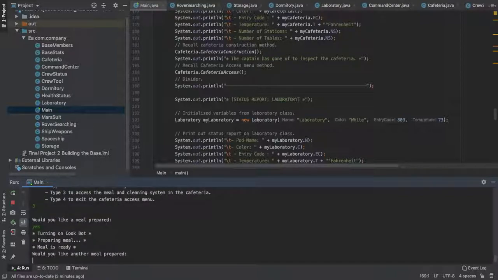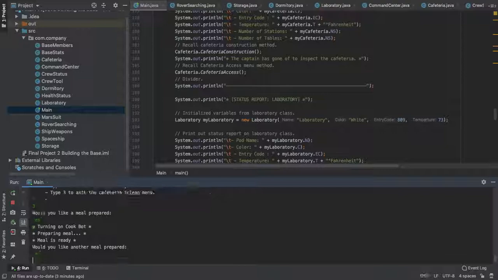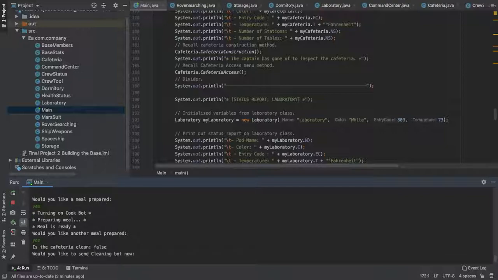Yes. Preparing meal. Would you like another meal? Sure. And then it'll state, is the cafeteria clean? False. Would you like to send the cleaning bot now? Yes. Then it'll state that it has turned on the cleaning bot and is cleaning the cafeteria, and it's now the cafeteria